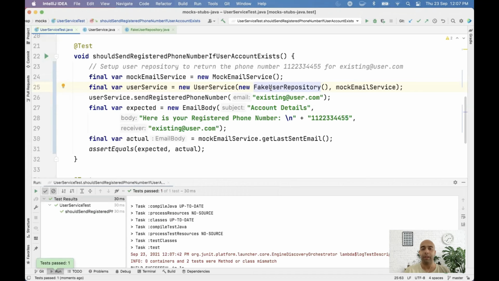Now let me summarize the second type of test double for you. The second type of test double is not fitted with sensors that capture data. Instead, its job is only to provide certain hard-coded data to the subject under test so that the test can figure out if the subject under test behaves properly or not on being provided a certain set of inputs. This type of test double is called a stub.